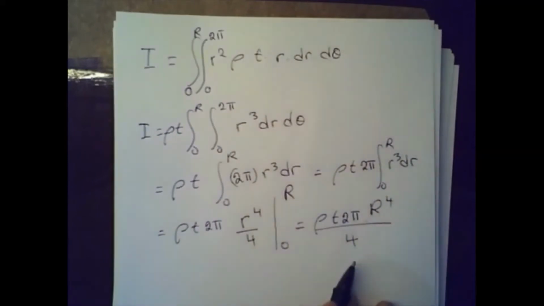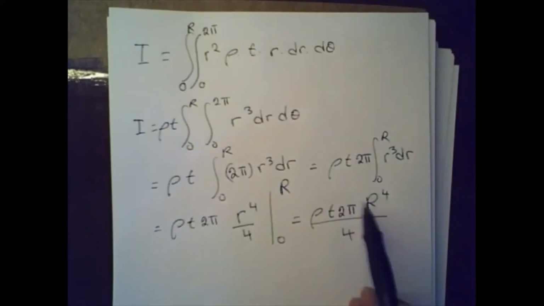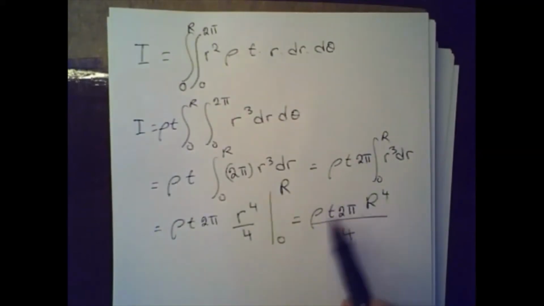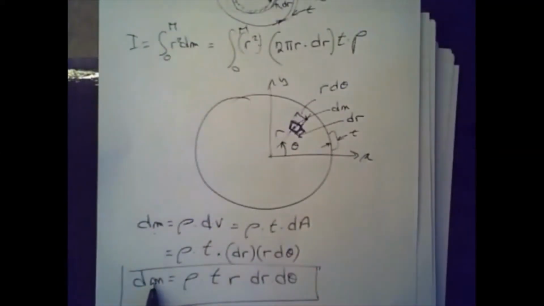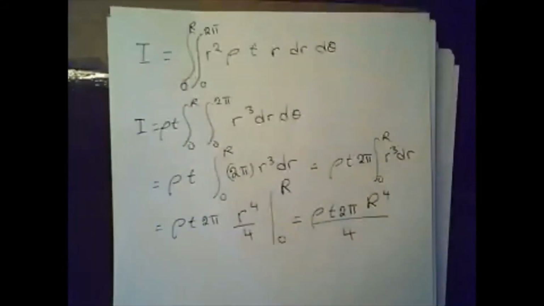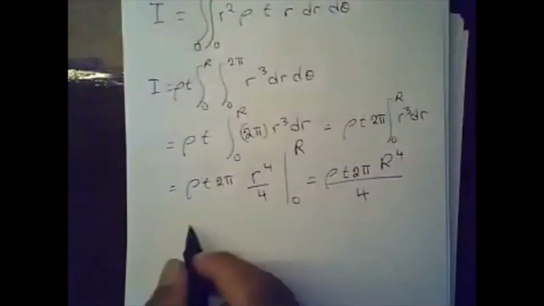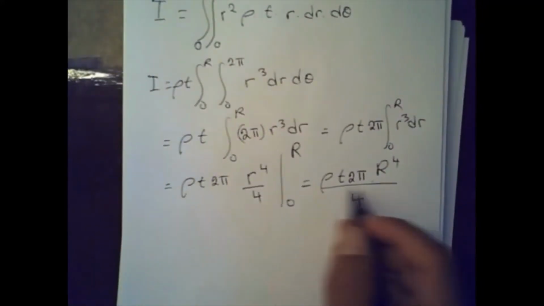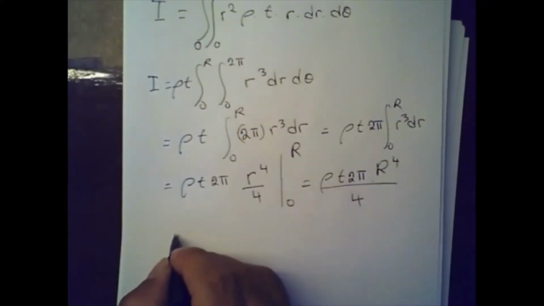Now, how can I show that this is actually equal to m r squared over 2? I can take the volume from here, so I can calculate the actual mass of this rigid body. What is the actual mass of the rigid body? I can simply integrate the mass, if I want to get the total mass of that rigid body. So if I want the total mass, I can either integrate that, or I can simply realize that,